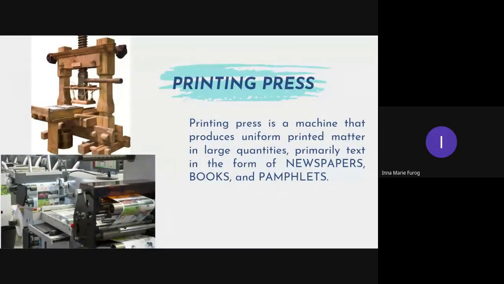Another invention from the modern age is the printing press. So we can see two different pictures of printing presses from different eras. And from these pictures, we can clearly distinguish the evolution of this machine from its form to its functionalities. So the printing press is a machine that produces uniform printed matter in large quantities, primarily text, in the form of